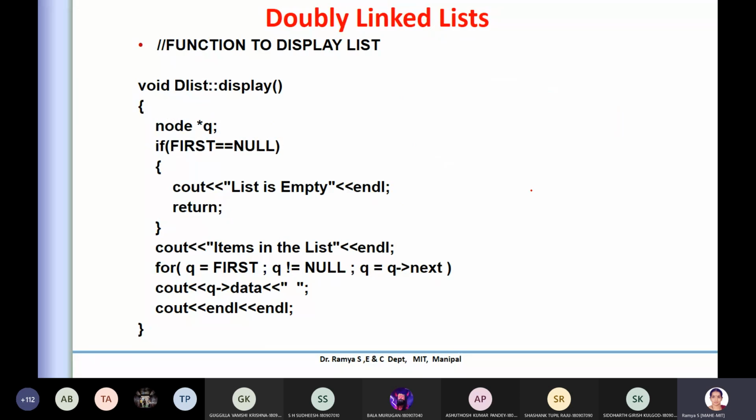If you have done all the deletion and insertion, this is quite a simple one. You are just going the same as in a singly linked list. There is no change. You are just displaying the whole list, going until the end. How do you find the end of the list? It is the null value of the next pointer. Next is always null in the last node. So you travel up to that and print the data you have. That will be it for today's class. Any doubt?